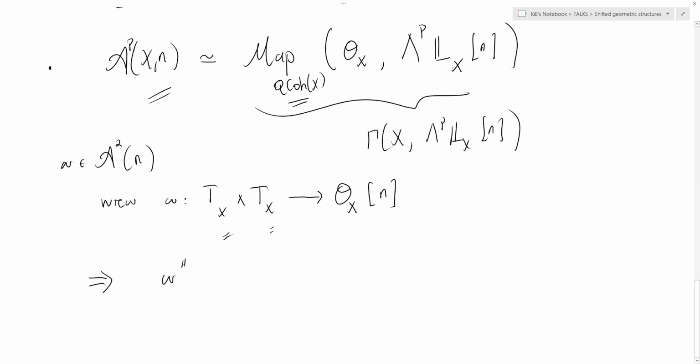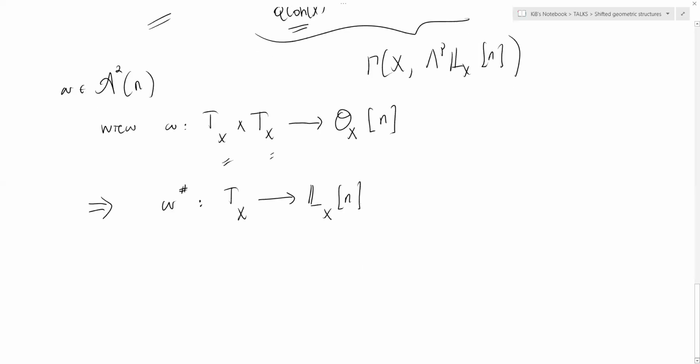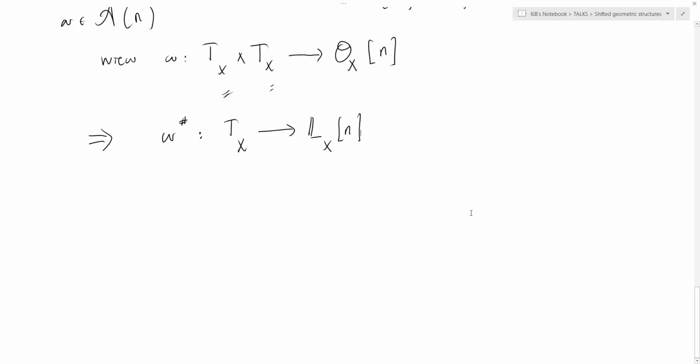And this implies, by using adjunction, this induces a very typical map from the tangent complex to the cotangent complex shifted by n. And therefore, if you want to define symplectic structure, you require this final map to be an equivalence. So in that category, the infinite category, the equivalence means the quasi-isomorphism. So therefore, a quick definition,